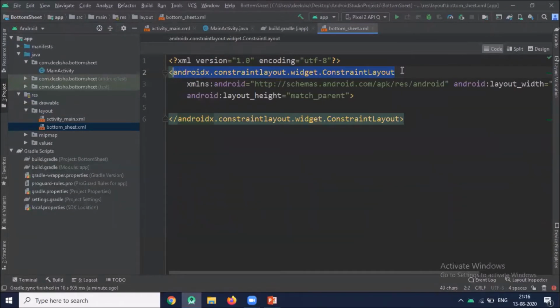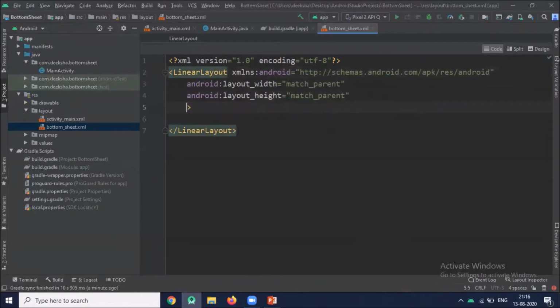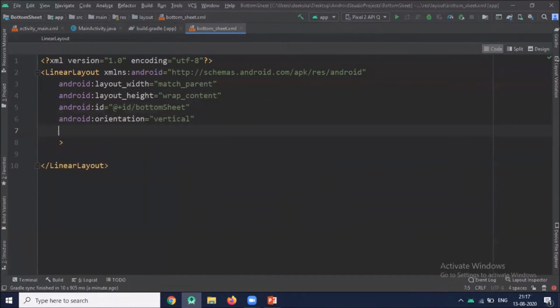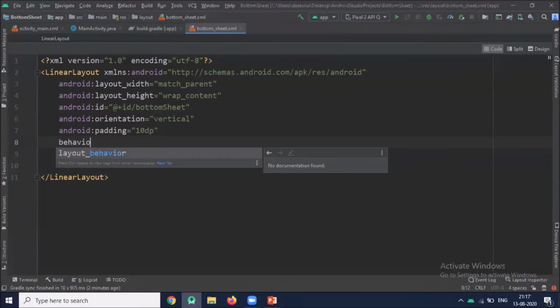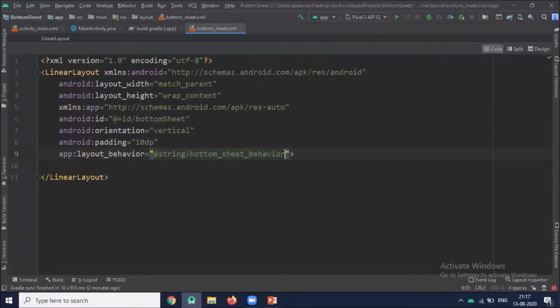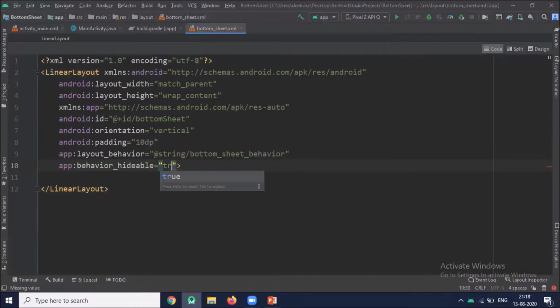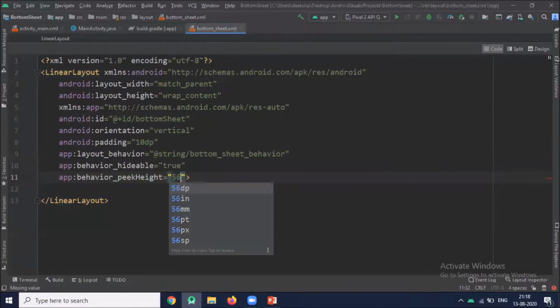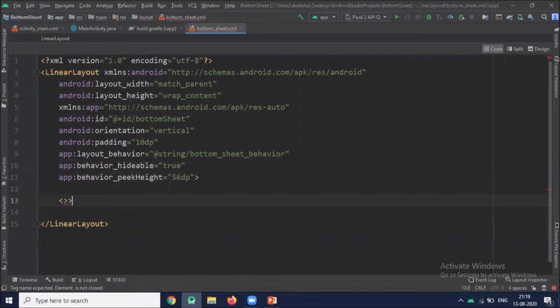And in this file, we are using linear layout. Now add one more linear layout.